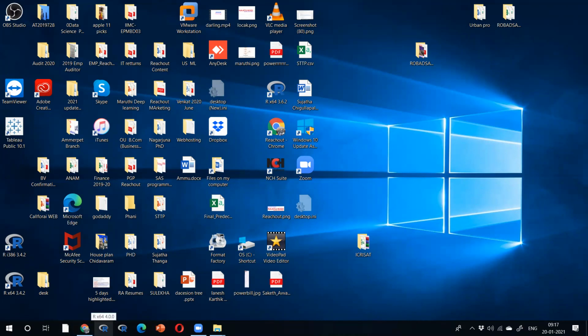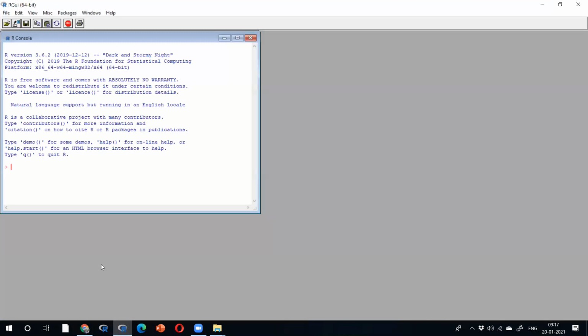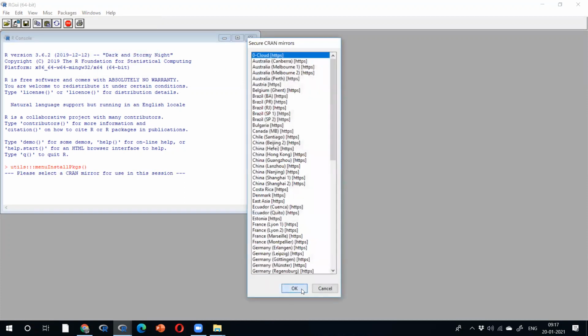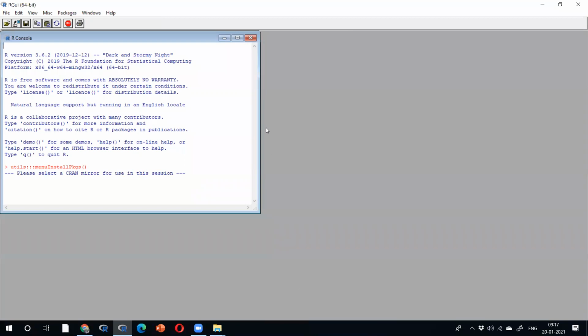But on the freeware, it is not available. It is all paid software, right? No. R is free software. R is absolutely free software. So simply come here, install the package, select the server, and identify Rattle.